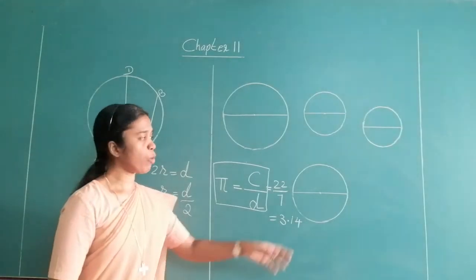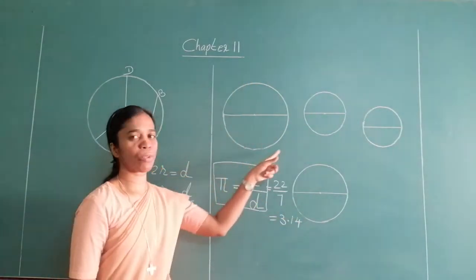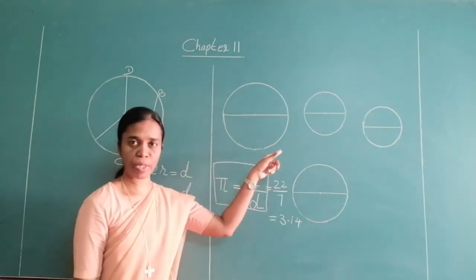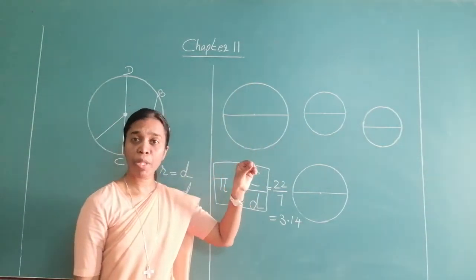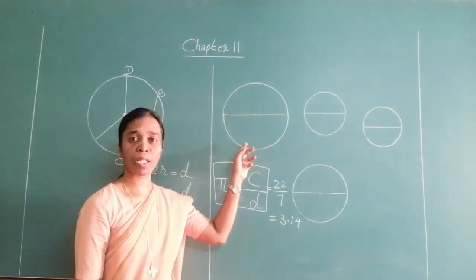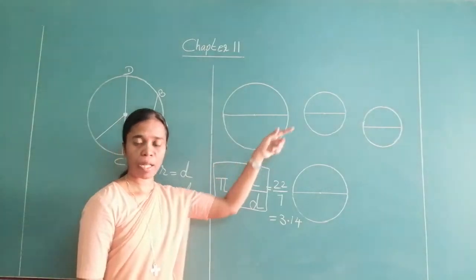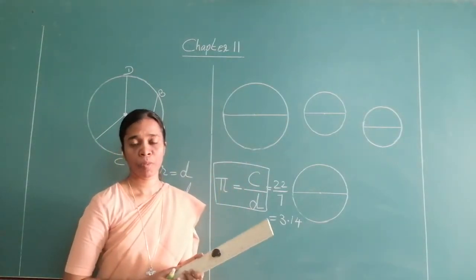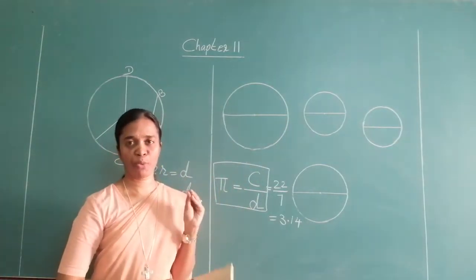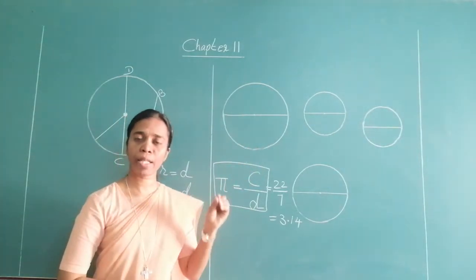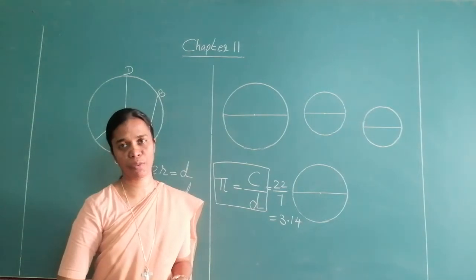Now, can you see that pi is equal to circumference upon diameter? Now I said how to measure the circumference of this. What is circumference? That is the boundary length of a circle. How do we measure it? So far we were measuring it with a thread because we cannot use a ruler. So we are measuring with a thread and then checking it on a ruler. Now we have a formula for it. So if you know the diameter, you can directly get the value of a circumference.